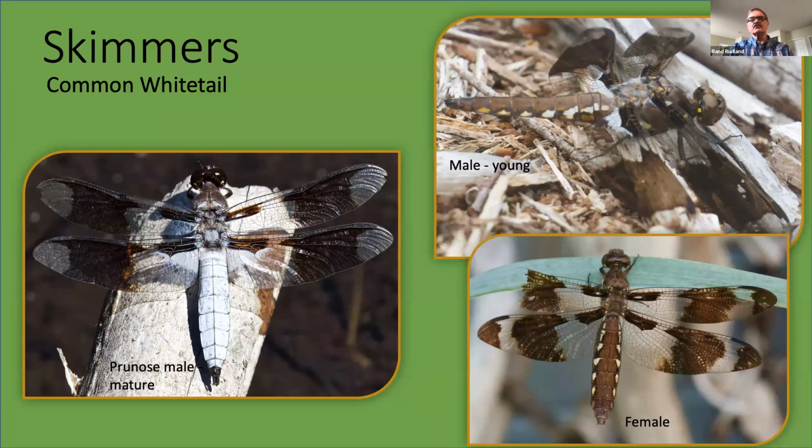So the next large group, and probably the largest group, are the skimmers. And these are the ones that have what I'll call a flattened or a wide abdomen. And many of them are identifiable just by sight. Certainly this common whitetail is out now, and the male at least is fairly distinctive with that pruinose or bluish abdomen, and the twin dark spots in the outer third of the wings, but the clear tips. So that's the male. On the right, you see the complication comes when you get the young ones. The female has a slightly different wing pattern. It has black tips. So you can get fooled for sure,